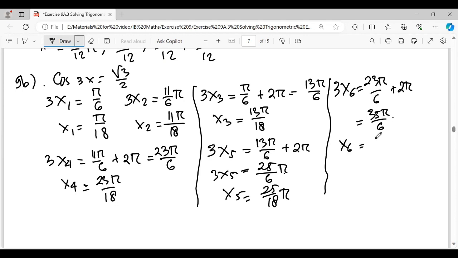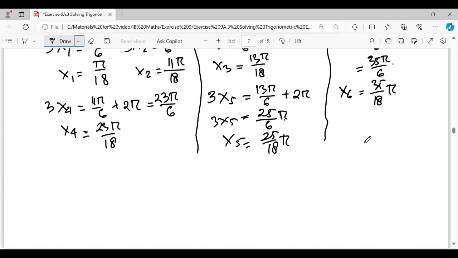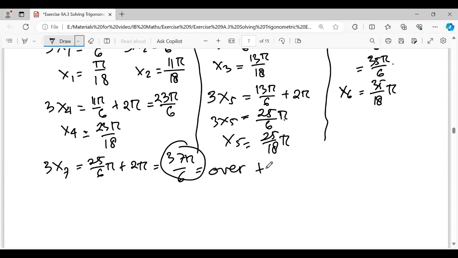Or x6 equals 35 over 18 pi. X7, 25 over 6 pi plus 2 pi, it will be 37, this is over 6 pi. So it means x are